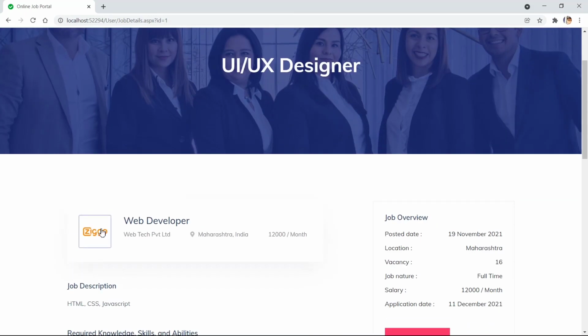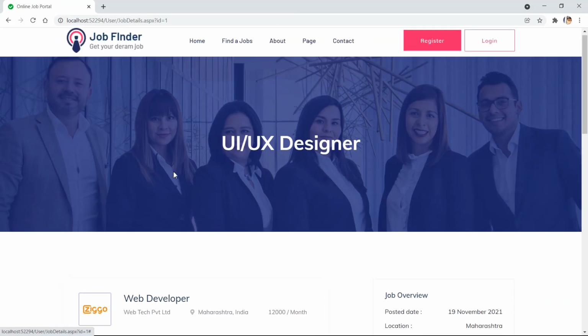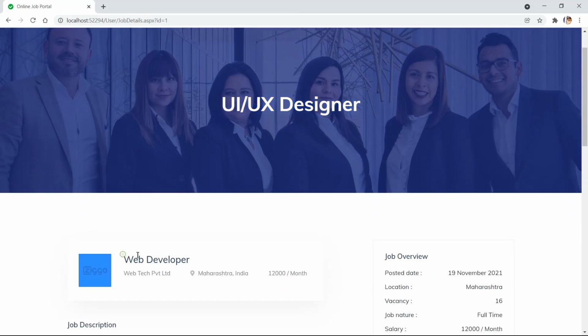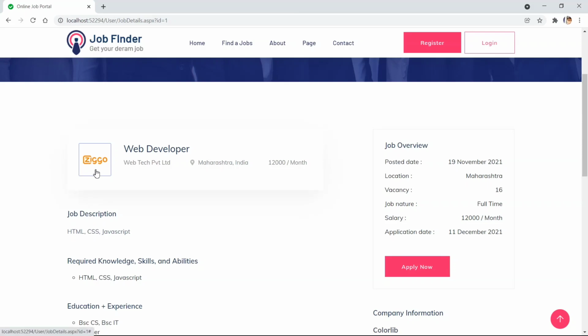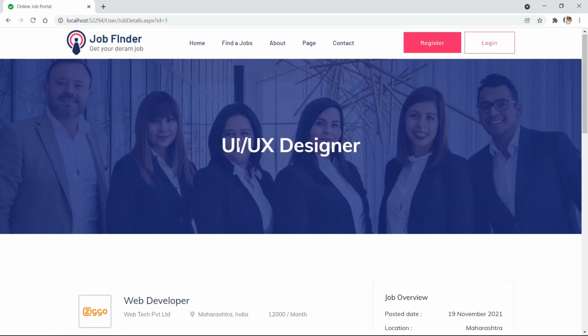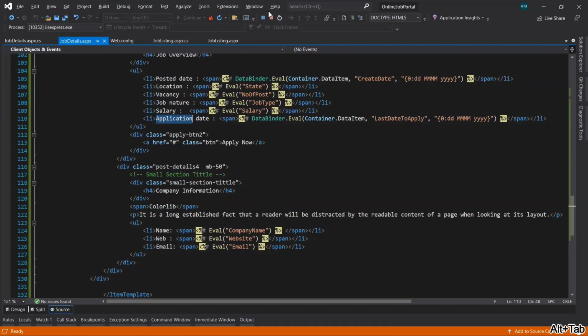Now let's do this for this image also, and here also you can see the job title, a job post name appears at the header image. Okay, upon the header image, so we'll change that also, like it will come dynamically, like it's a web developer here, so web developer will come here. Okay, so first of all let's do the image part, then we'll display this part also. Okay, so let's go to our Visual Studio, stop it.